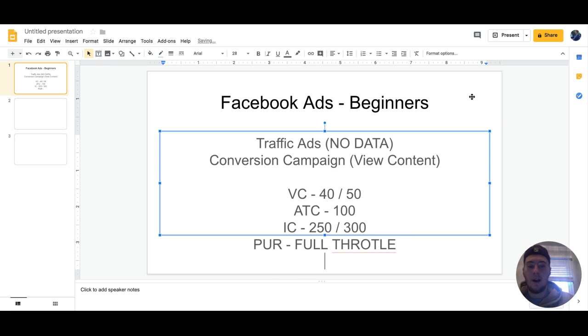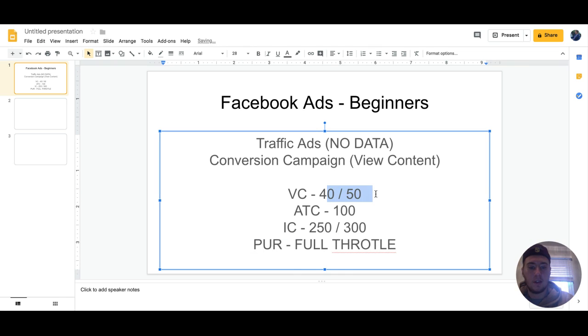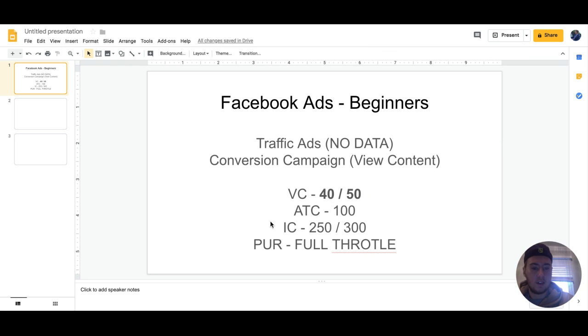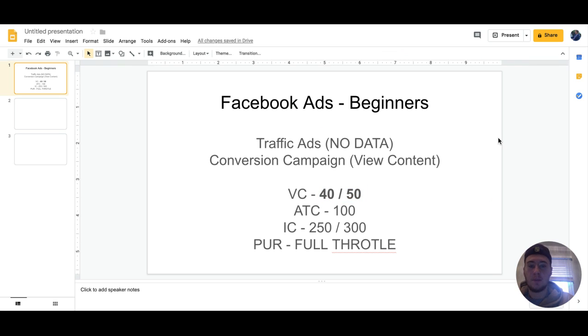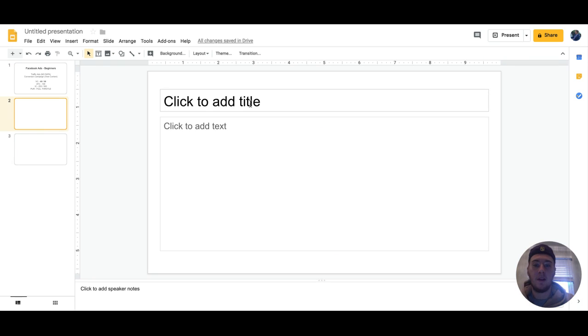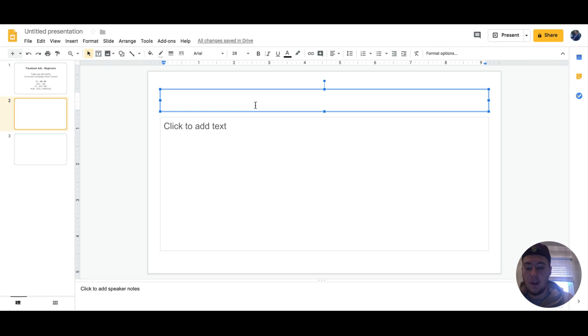Okay. Now, how do you actually achieve these sales? Because when I first saw people explaining this to me, I was like, oh, 40 to 50 sales at this view content. If I'm selling something that's like $60, that's a lot of money, right? That's going to take some time. It's going to take a lot of spend for the Facebook ads. Here's what I'd do: I would test interests